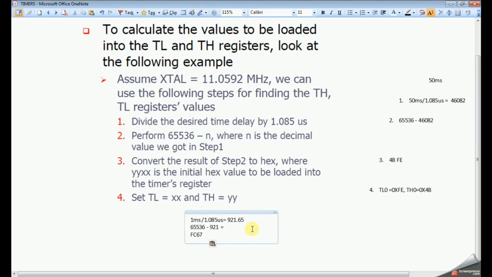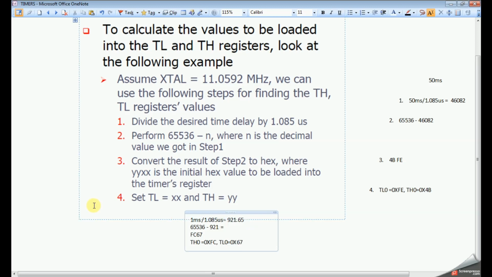So as you know, here FC is the higher byte, TH0. TH0 we have to store 0xFC, and TL0 0x67.